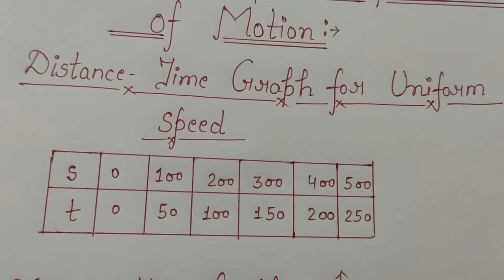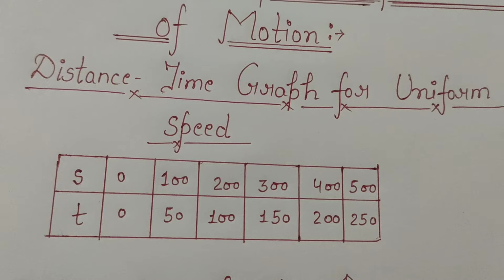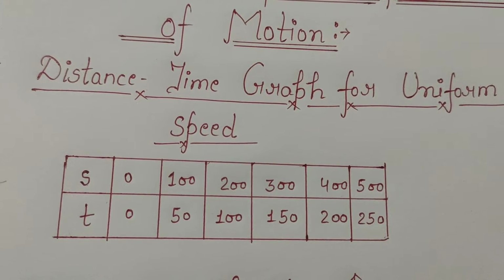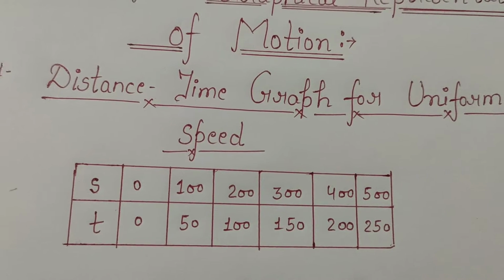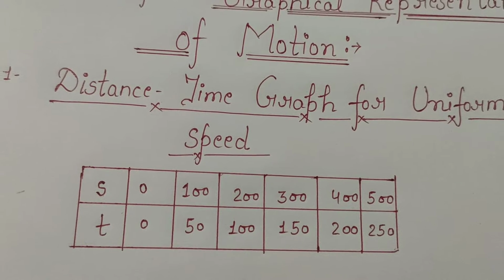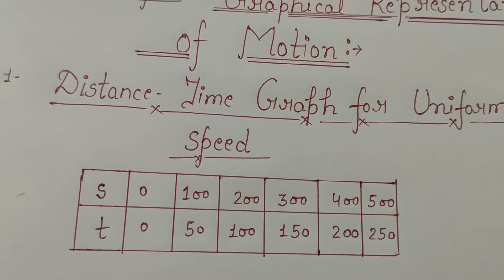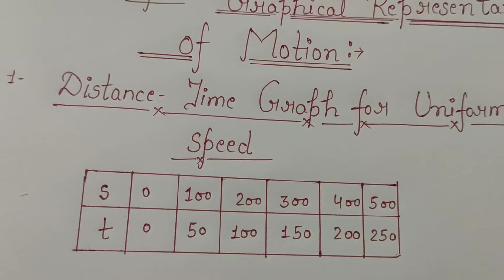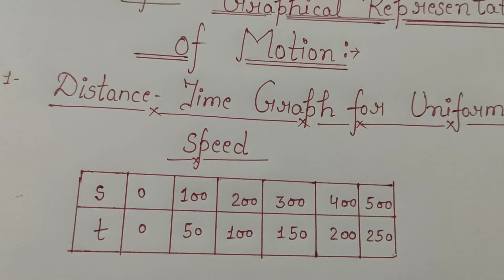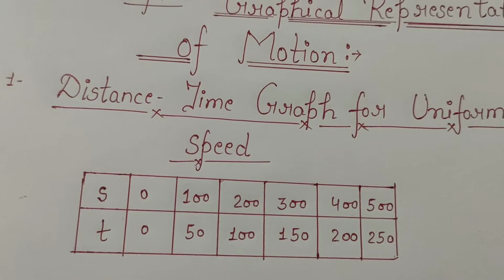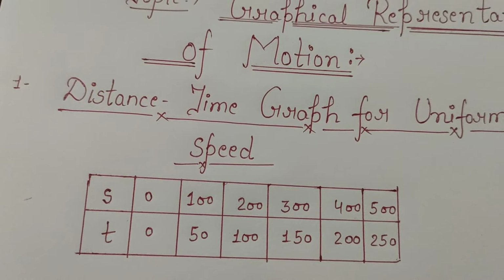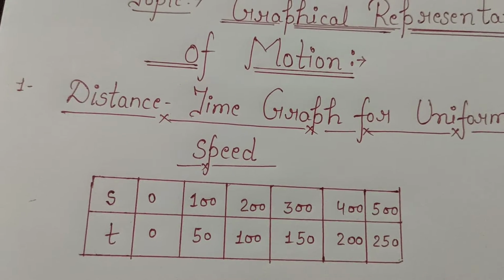Just take an example. If you have to reach somewhere within 5 seconds, then speed matters. If you have to reach the same destination in 10 seconds, you will be a little slower than that. So your speed is dependent upon the time. That means how much distance you are going to cover is dependent upon the time. If you take 5 seconds, you will cover less distance, and if you take much more time, then you will cover more distance.